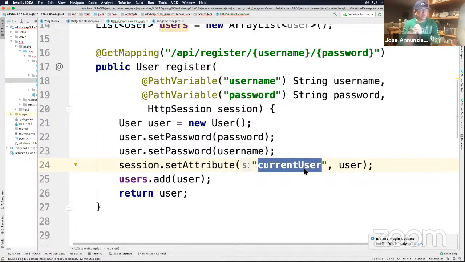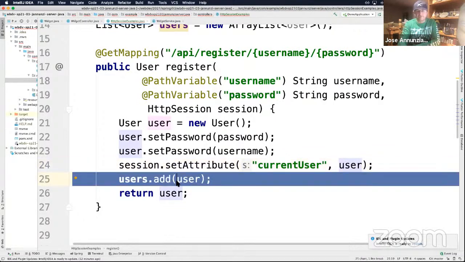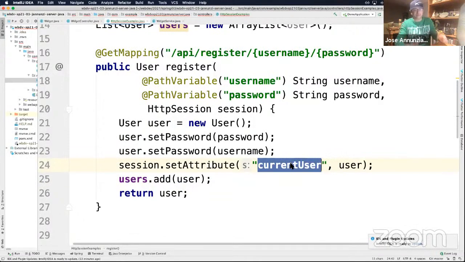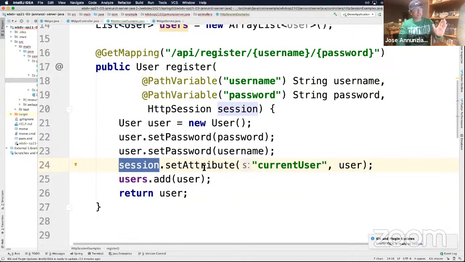I'm going to add the object to my array of users, presumably stored in some database. We don't have a database yet, so my database is just this array. Make sense? Now I remember that this person is registered and logged in. That's how I'm remembering that this person is logged in: in this session, for that particular person, they'll have that cookie. All right, so what about log